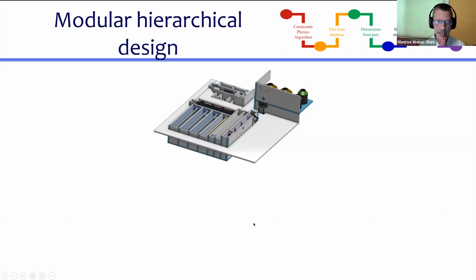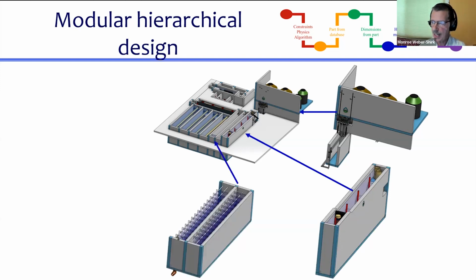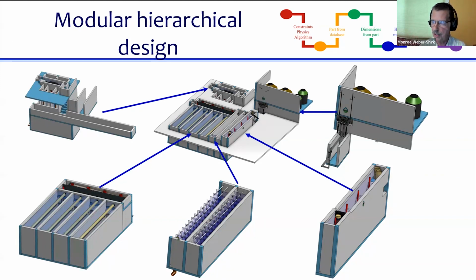And one more piece, and that is this whole thing of the modular hierarchy. In order to build these systems that are complex and have multiple parts, we need a way to have multiple parts that know how they have to fit together ultimately. Here is a complete design for the hydraulic and environmental processing parts of a water treatment plant. And it's made up of modules. There's a chemical feed module, an entrance tank module, a flocculator module, a clarifier module, and a filter module, and all of those have to come together in Onshape.